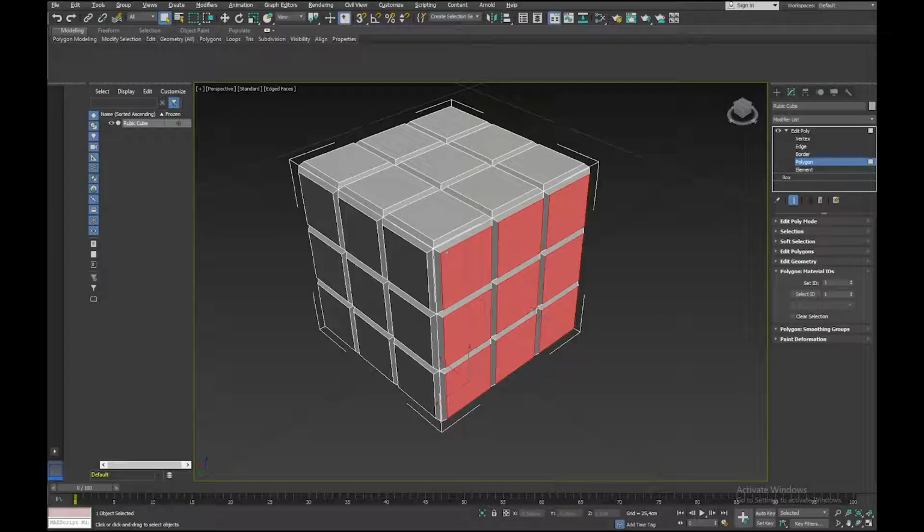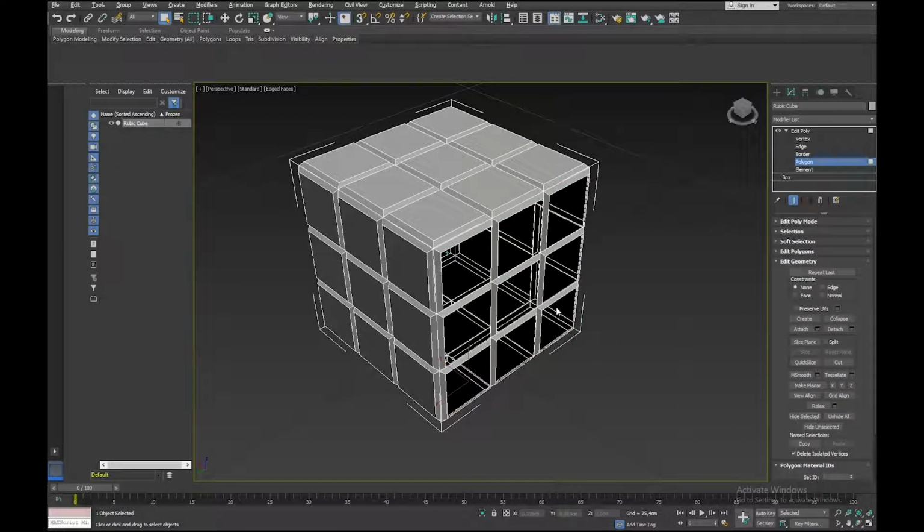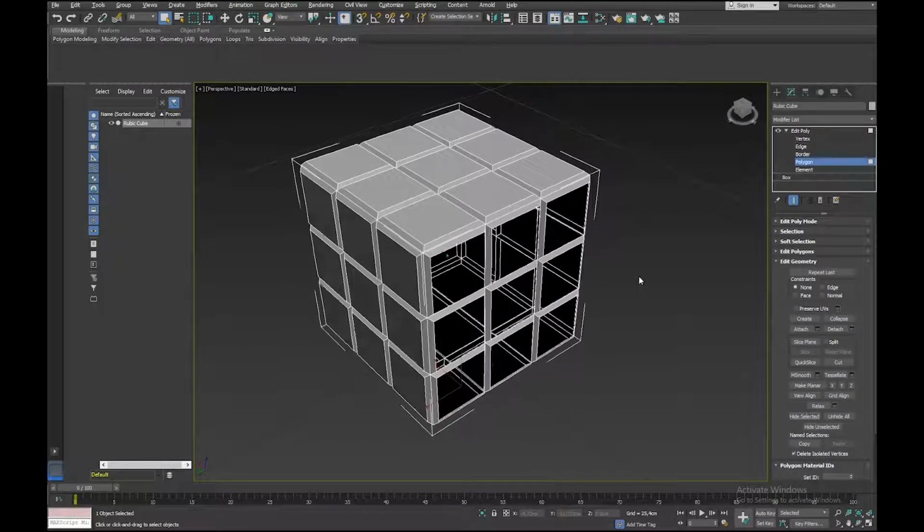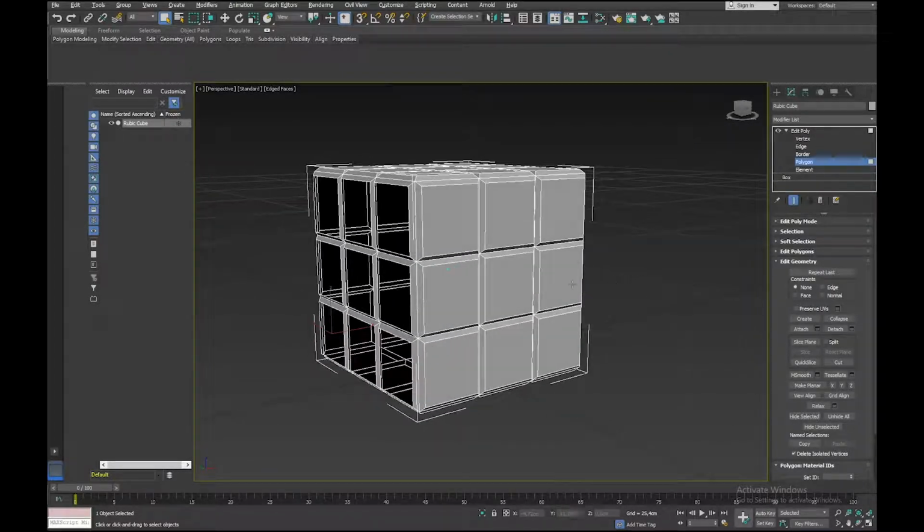And then just to make sure that we don't accidentally reset the IDs to something else, under Edit Geometry, I'm going to say Hide Selected. So those polygons are now hidden, so I can't accidentally reassign another ID. And I'm going to continue going around here,